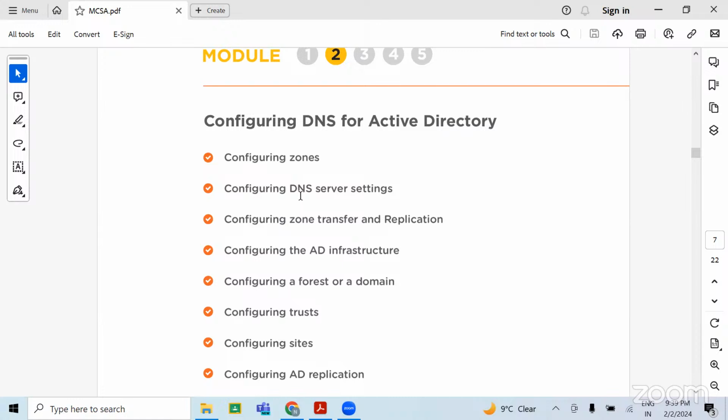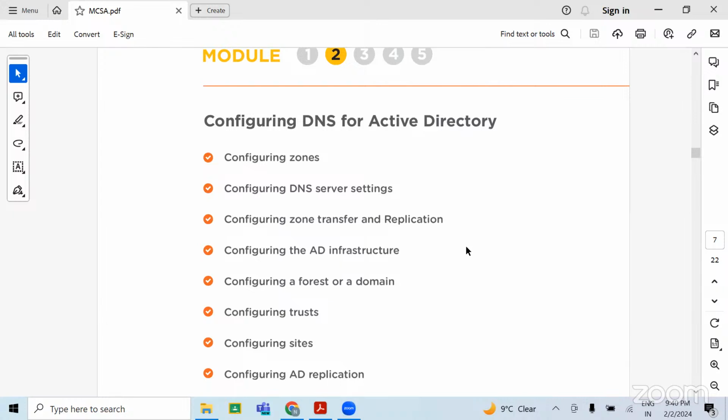I will create a group policy and apply it through the domain controller, and whichever systems, either 50,000 systems or 1 lakh systems, will get that policy, and users will not be able to read the pen drive on their systems. So this is just a small example.